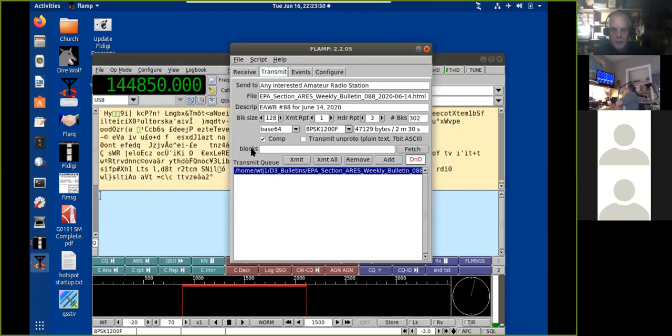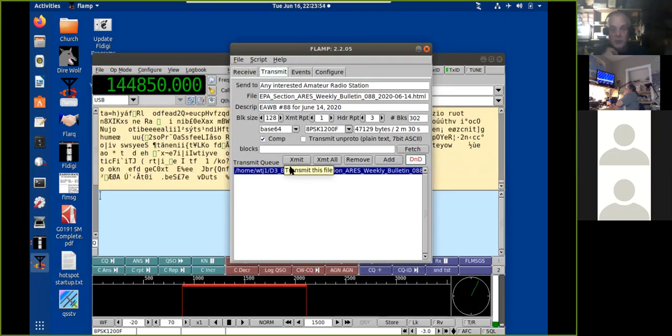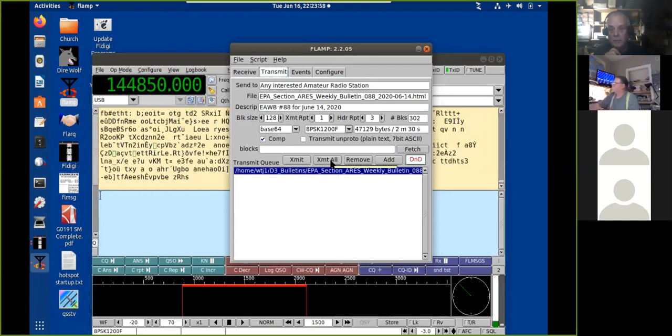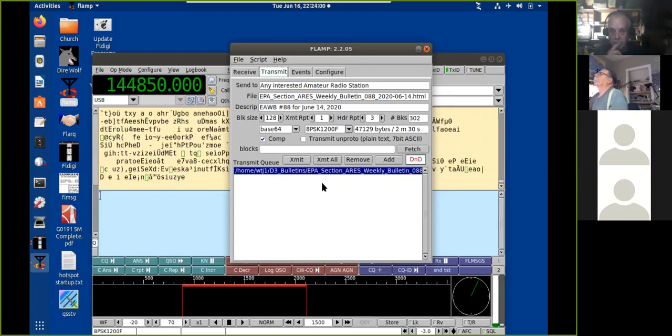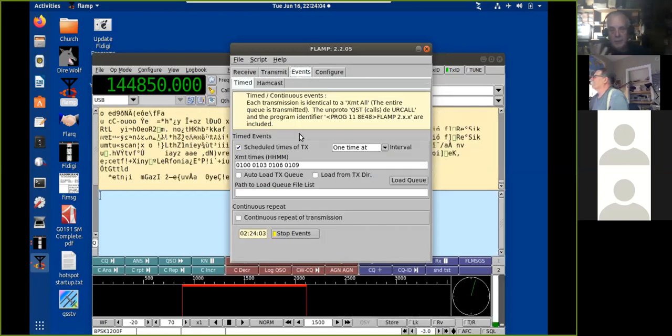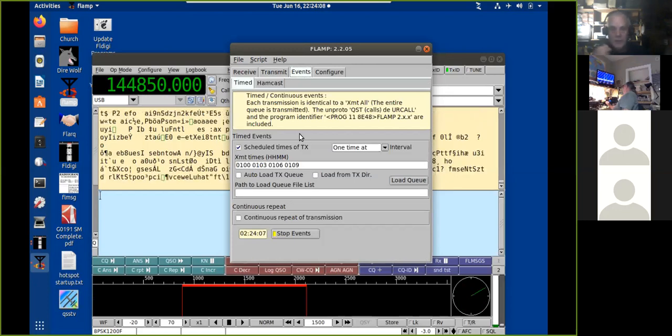This is pretty much self-explanatory. You hit press add, you want to add a file. Transmit sends one file at a time. If you have 10 files down here, you hit transmit all, and then all the files will go out there. Events, again, this is something probably most of you won't use, but it's used for sending up a specialized